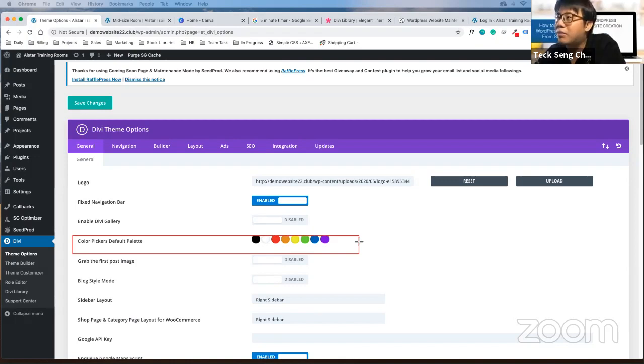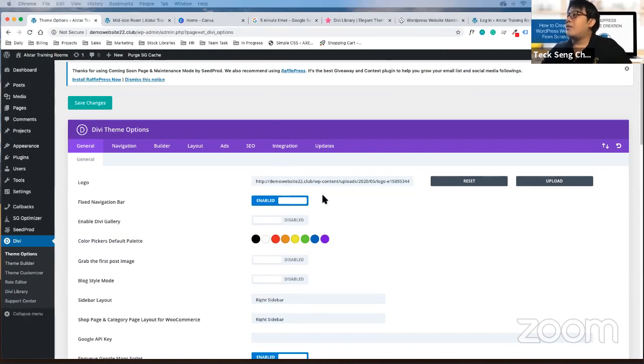So over at this theme option, it is for you to put in the default colors. For example, if your brand color has a default color, you put in the default color over here, so that the next time you want to choose, it's easier for you. Don't need to keep putting in the color code anymore. Now, if everything is done right, under your logo, if you're okay, just click on Save Changes.